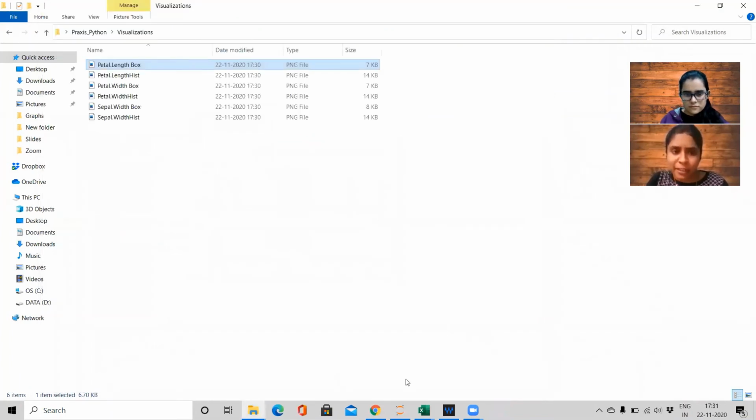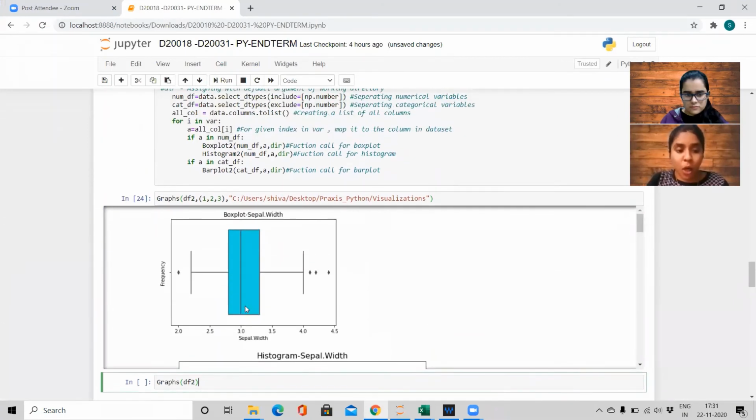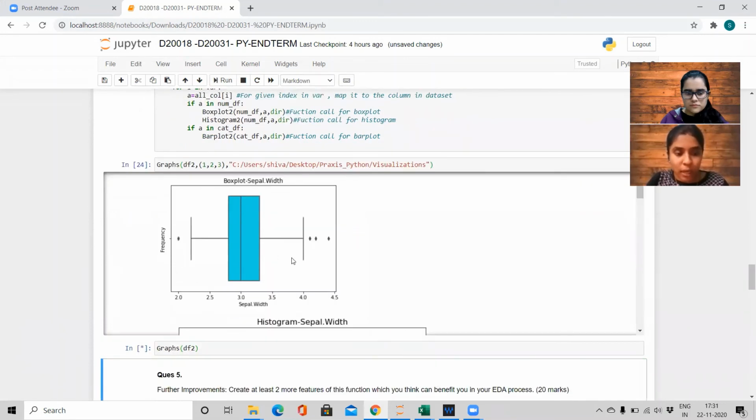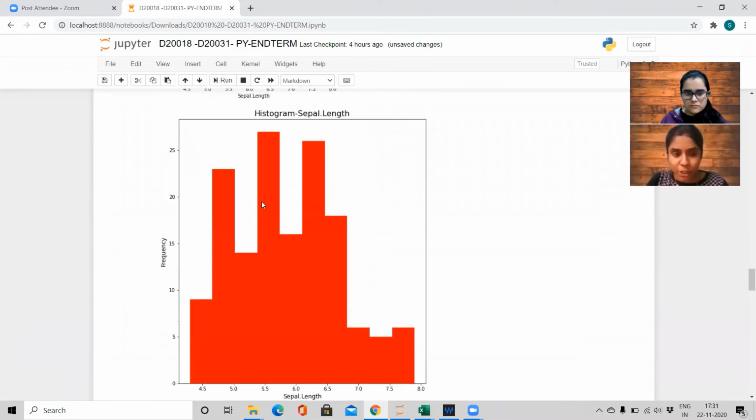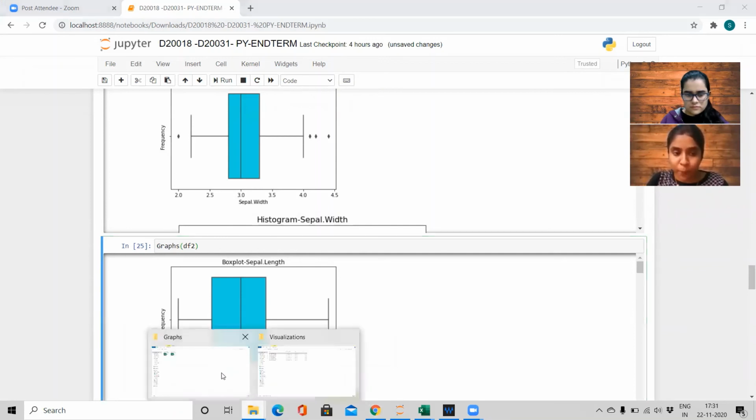Now say the user does not mention the path of the change directory, what will happen? In the second function call, we have not mentioned var, and also we have not mentioned the path. In that case, it takes the value of the optional default parameter.